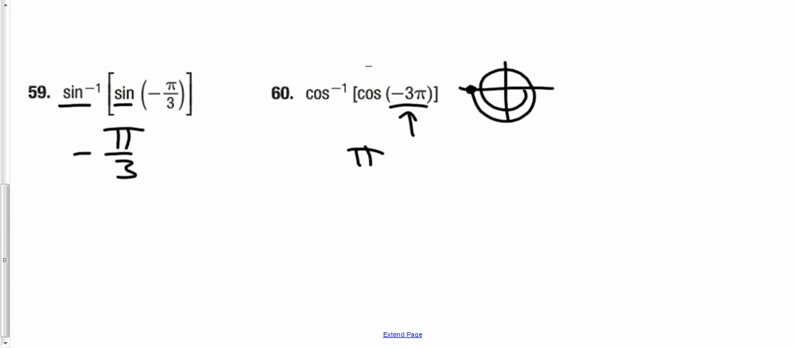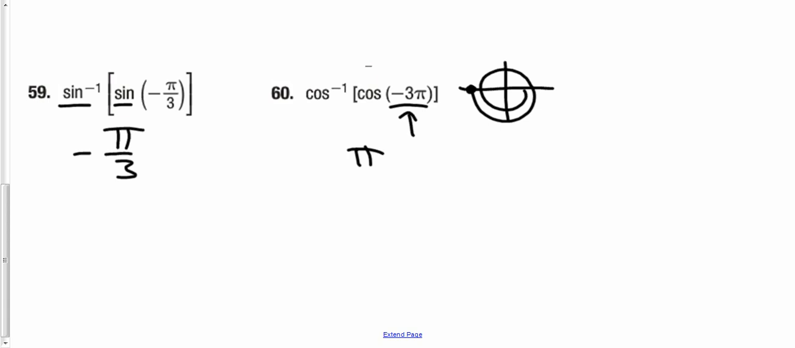So we spin around the circle once and then stop here again, okay? And we define that point as pi, because our interval for inverse cosine is in between 0 and pi. Okay? Now,